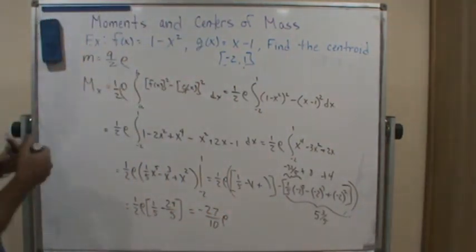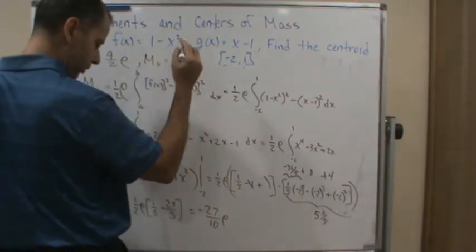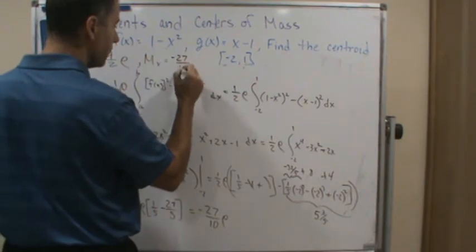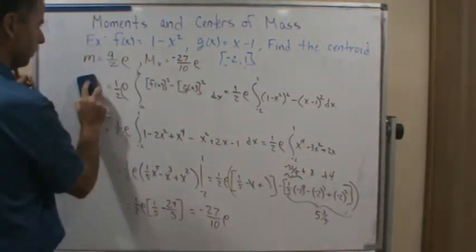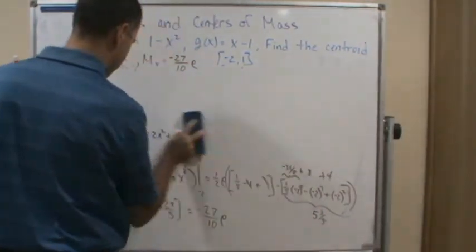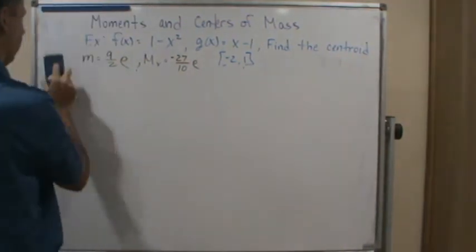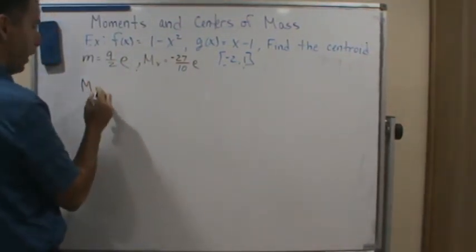Okay, so m sub x equals -27 tenths times rho. All right, so now let's do the last one. So now we're going to do m sub y,